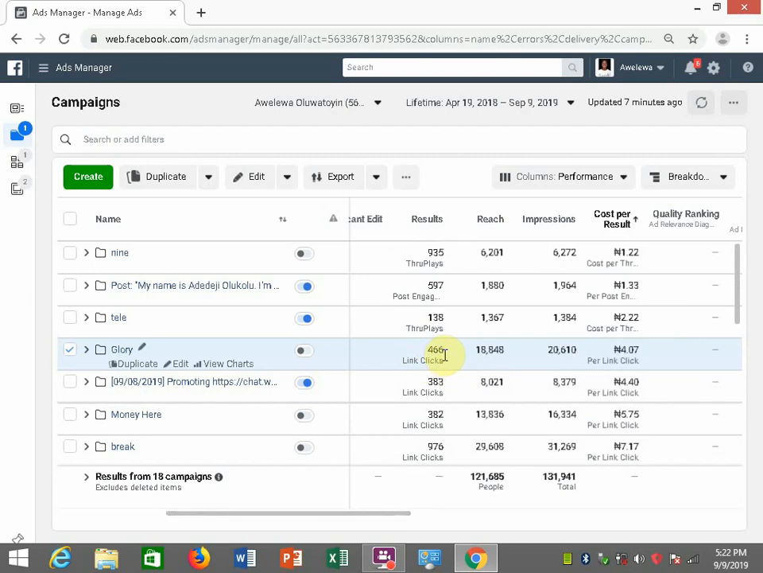That means if you spend about 2,000, you'll get 470 clicks or thereabout. So if you spend like 10,000, you should get maybe 1,800 clicks or something, which is okay for that amount. So if your product is good and about 1,800 and something people visit your website,